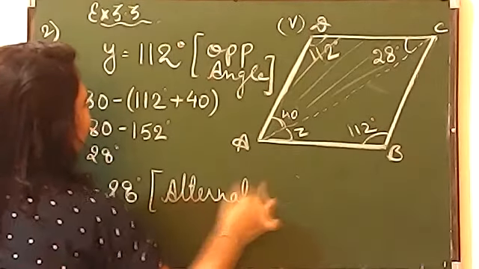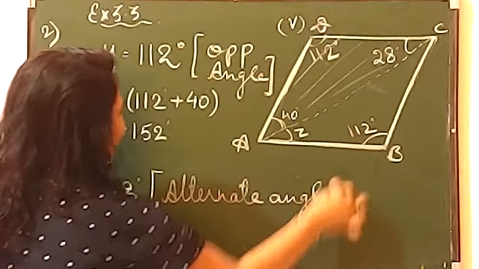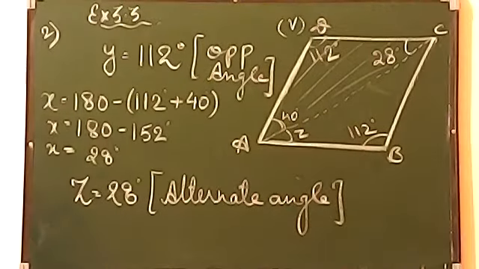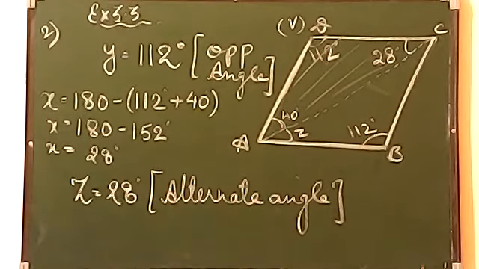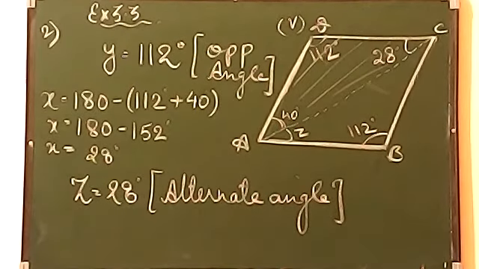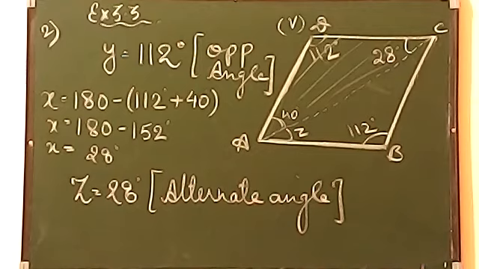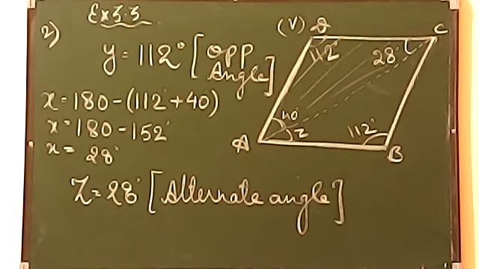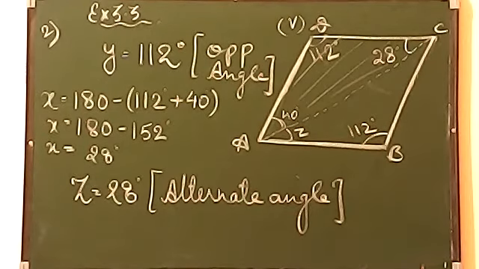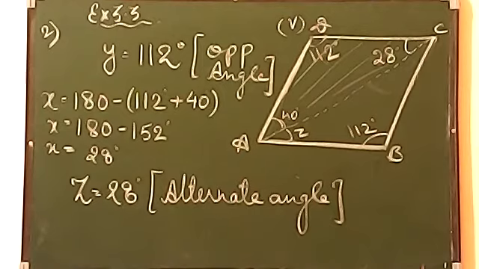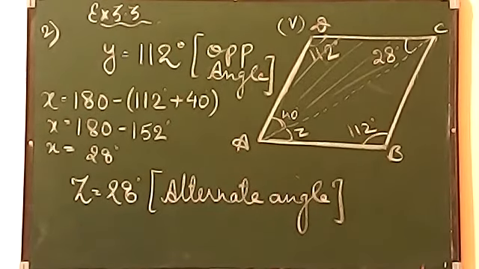Alternate angle. Now I hope you all have understood how to do this kind of questions. Remember, you can use any concept which comes to your mind, but the concept should be related to parallel lines, co-interior angle, alternate angles, adjacent angle, supplementary, triangle property. जो भी आपके दिमाग में आए, but property सही होनी चाहिए. ये नहीं कि कहीं से भी कोई भी दिमाग लगा दिया. You have to use your mind and you can use multiple properties जो आपने class 7 से पढ़ना शुरू की थी और class 8 तक में है. ठीक है? So you can use any of the property which you feel it can be important here.